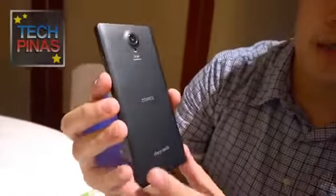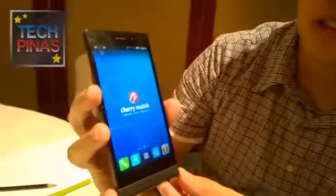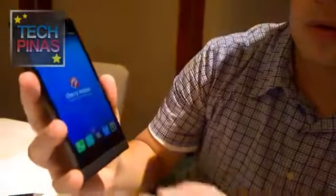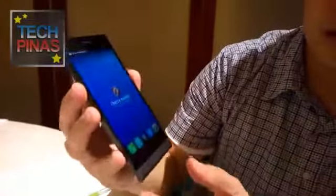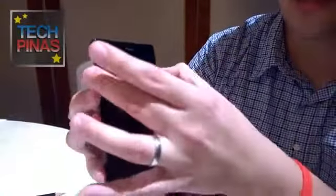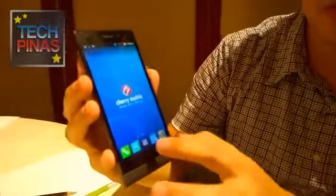That's great, sir. Alright, so how about the front, sir? Okay, sure. Up front, you've got an 8 megapixel snapper as well. Also BSI, sir? For this phone, yes, it is. Wow. Okay, so let me try to showcase what's on this phone. So as you can see, the display is 5-inch, measured diagonally, and this is full high definition. So you would expect the best